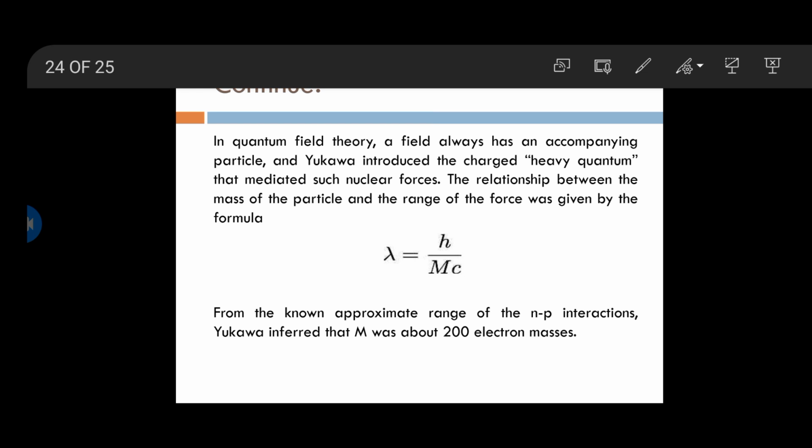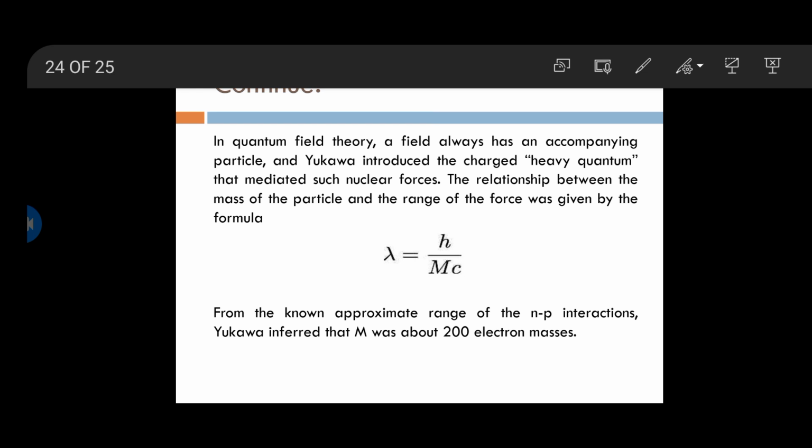As they obey the uncertainty principle, and these particles exist for a very short lifetime, the photon's excess energy is less than the uncertainty in its energy. The virtual photon can exist for very short time intervals, such that delta E is approximately equal to h-bar over delta T. Their energy is very high, but their existence is for a very short time in order to obey the law of